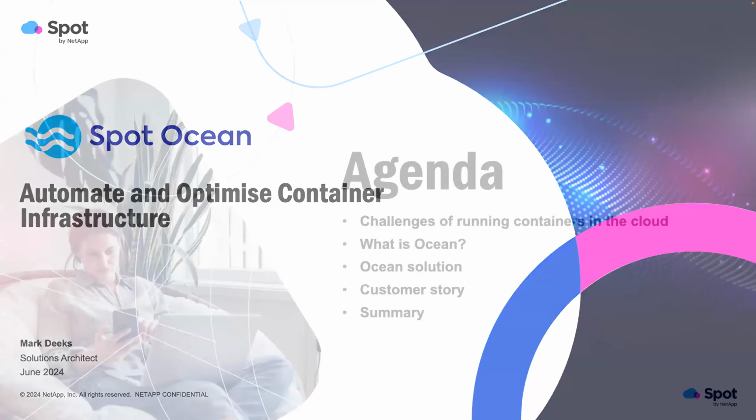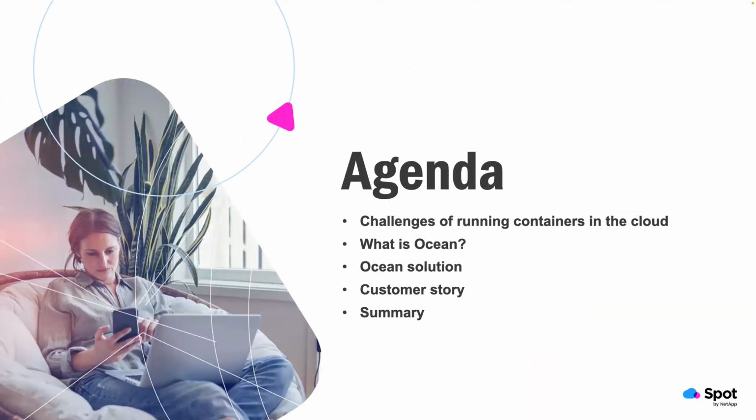Here's a bit of an agenda for what I'll run through. Some of it is highlighting the challenges that we face with our customers and the things that we're trying to solve for them with running containers in the cloud. Then, what is Ocean? Ocean is our product from Spot: what it actually contains, and what the actual solution is. I'll try to give you a few customer references. Naming customers can be difficult, so I'll tell you a few anecdotes, because they don't tend to like that for some reason. And then we'll close off with a bit of a summary.